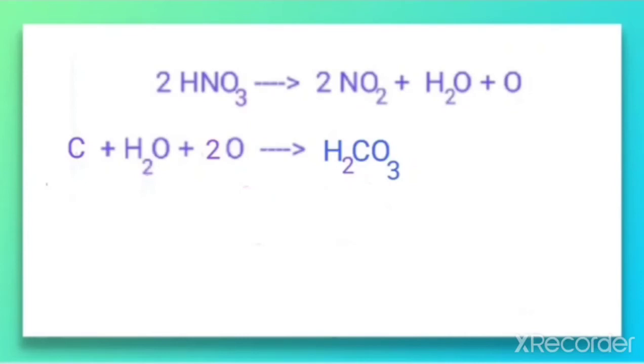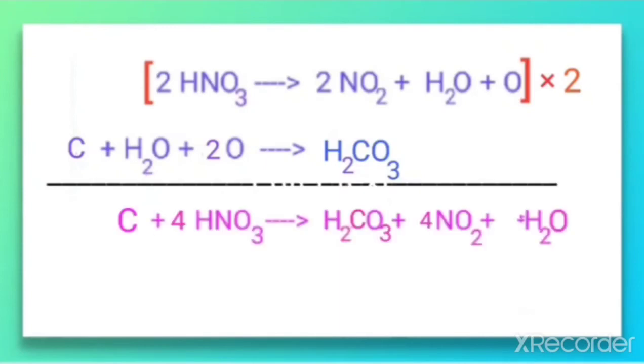Check whether it is balanced on both sides: 1 carbon, 2 hydrogen, and here there are 3 oxygen. So 1 oxygen here, so we need to keep twice oxygen here. Now this equation is balanced and this is already balanced. Now here there is twice oxygen, and here only a single oxygen. So we have to multiply the first equation with 2. When we make the sum, we will get this equation in this manner.